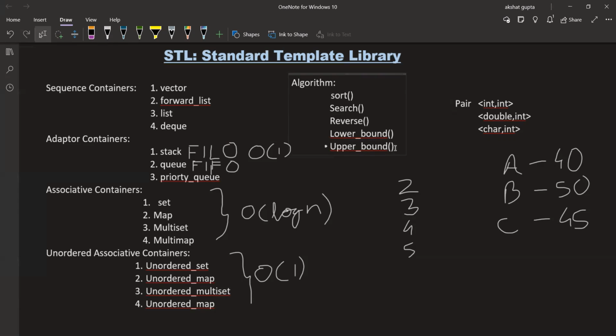Let me give you a scenario to help you realize this. Say you are in an interview and the interviewer asks you a complex question, which requires binary search as a basic step.